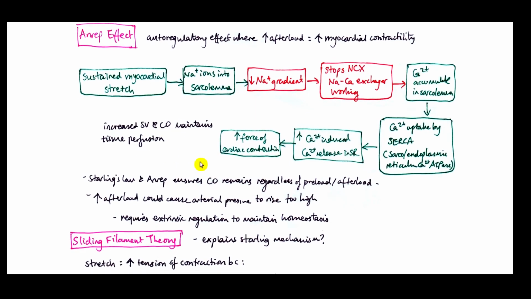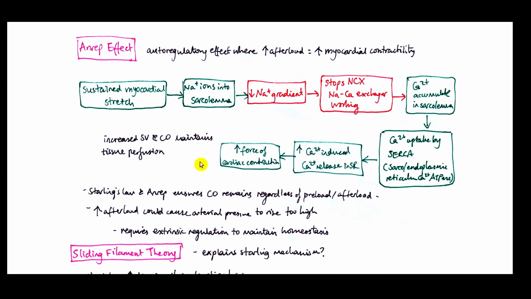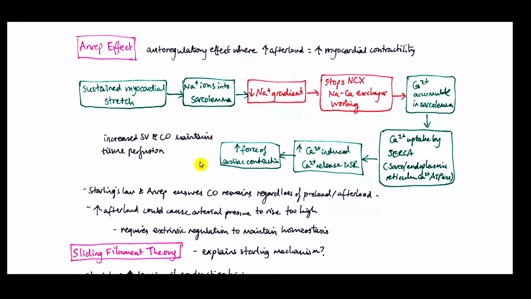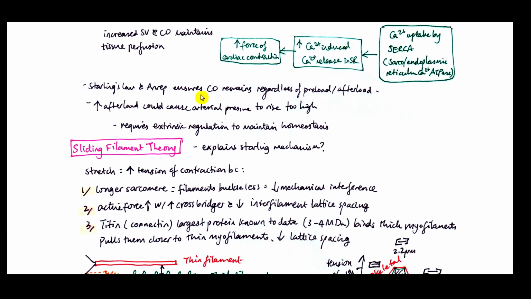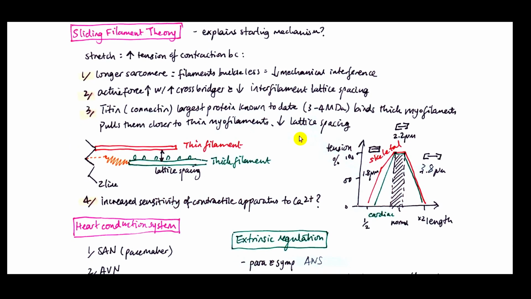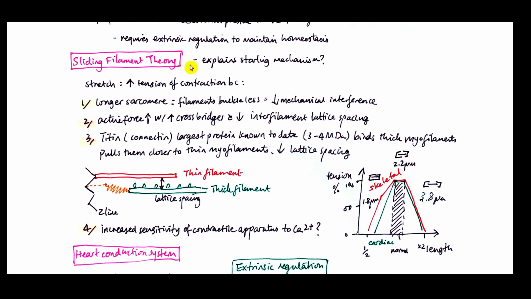So yeah, this is important because if your preload increases, or if you have more blood or more resistance, you want to maintain your cardiac output to perfuse your tissues. And Starling's law and Anrep's law ensure that cardiac output remains regardless of preload or afterload. Increased afterload could cause arterial pressure to rise too high, and this requires extrinsic regulation to maintain homeostasis. We'll talk about that later, but firstly, I just want to have a look at one theory which could explain the